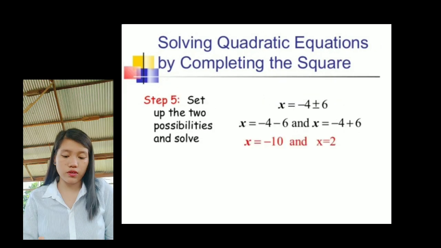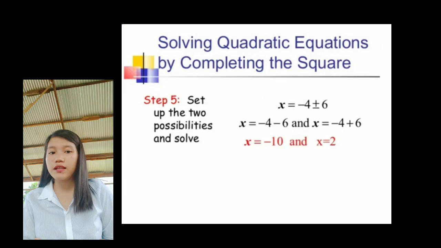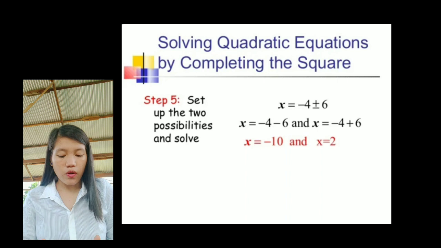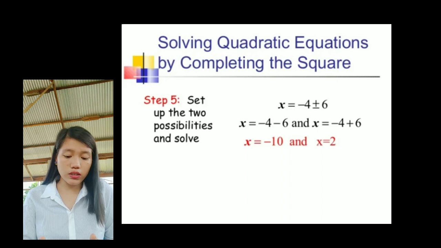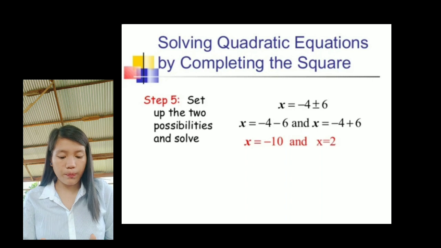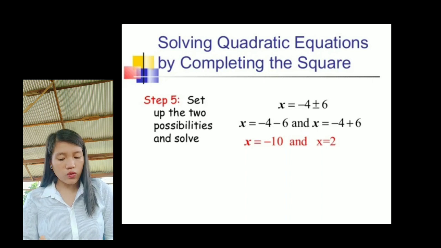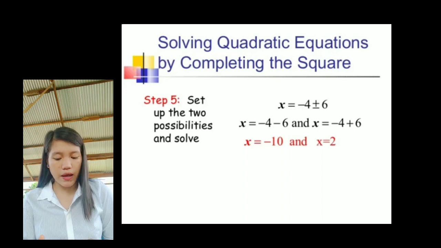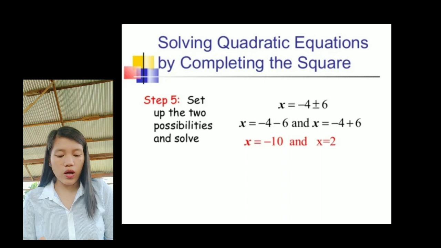After taking the square roots, here is step 5, which is the last step. Set up the two possibilities and solve. So here is x is equal to negative 4 plus or minus 6. Two possibilities: first, x is equal to negative 4 minus 6, and x is equal to negative 4 plus 6. So in solving this, it turns out the answer is x is equal to negative 10 and x is equal to